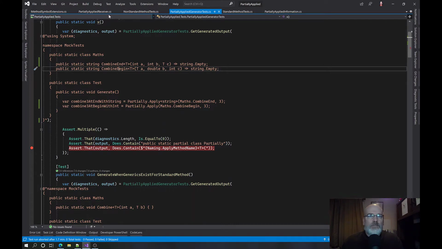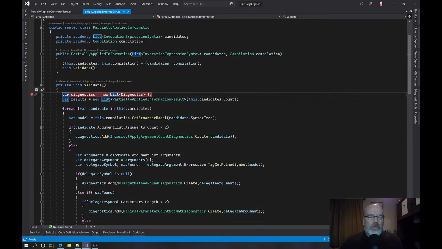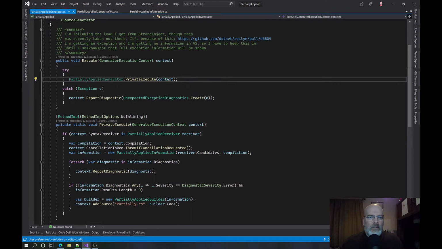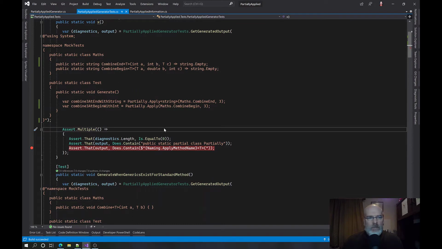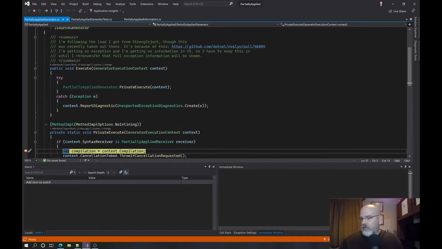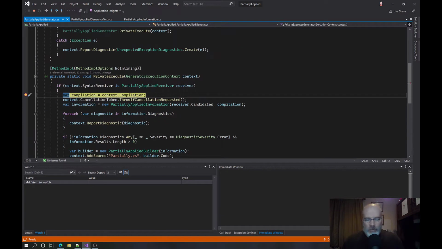Okay. So we're going to go in. Let's clear a lot of these out for now. Okay. And let's keep up the validate, and let's also get the generator, so we can see where things are failing. Okay. Get that going in the debugger. So we're hoping first that the receiver, because if I come back to the code here, I'm not doing this test like I already have one of the apply methods generated. Okay. So we should see